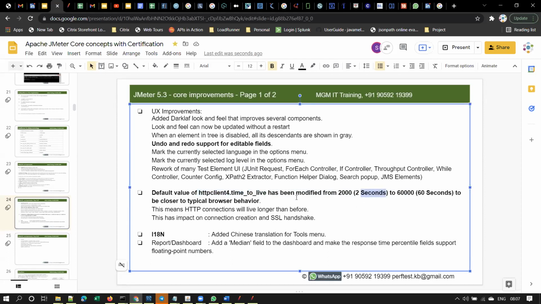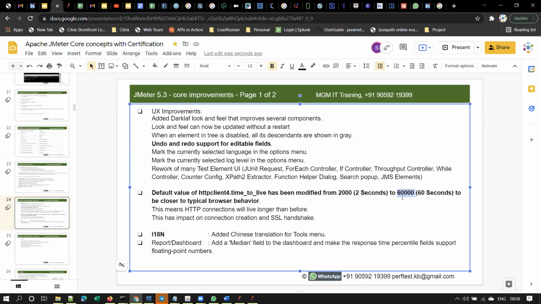You will understand what this HTTP time to live is once we start scripting. But for now, remember that previous versions of JMeter used to have some frequent issue. When we were executing a script, we used to face a connection timeout issue. So in 5.3 version, they increased the connection timeout to 60 seconds.